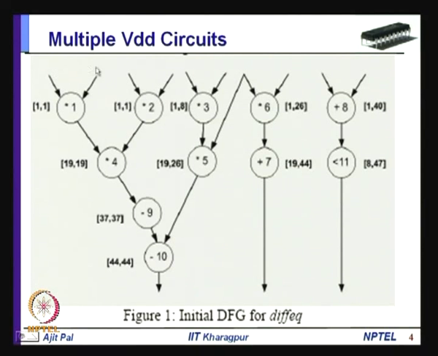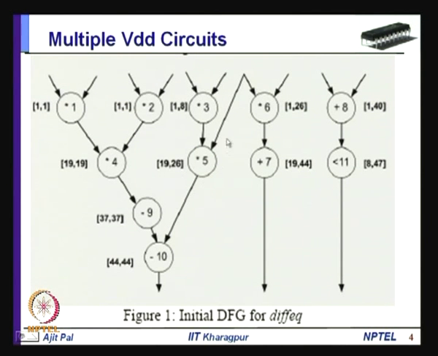case, as you can see, these timings are given here, which shows the various timings required. That means multiplication is requiring 18 clock cycles, that is why it is starting at time instant 19, and here it is starting at time instant 37, and again another 18 clock cycles are required to complete this multiplication. So, this operation can start at the 44th clock cycle.